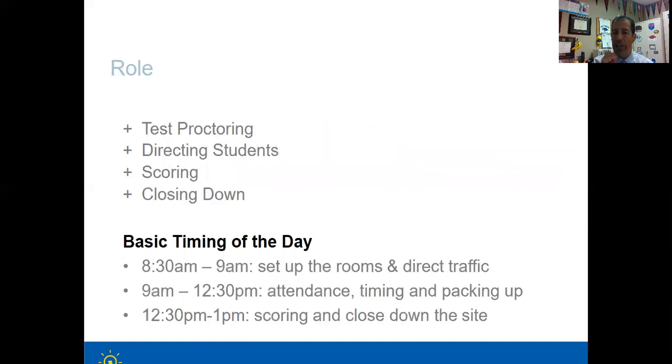Your role, you're going to have four main responsibilities. One is just the proctoring itself, where you actually do the timing in a classroom setting for the students. The second is directing students when we first get there. We've got to flow them into their appropriate rooms, whether taking the SAT in the SAT classroom or the ACT. So at the start of the test day, you find your lead proctor to find out what rooms are the ACT testers and what rooms are the SAT testers and what room you're going to take. It's pretty casual in terms of what room we're going to be taking.